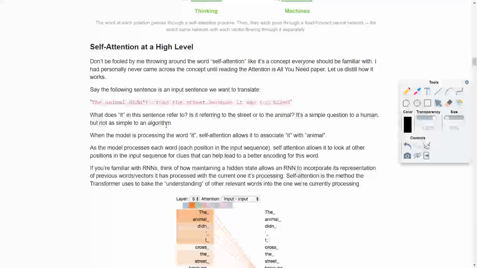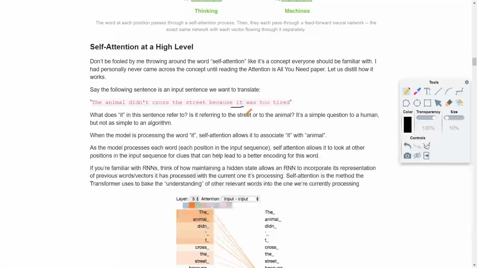You might have heard about attention so many times. So what exactly do we mean by self-attention? It's particularly about giving context to the things that we have. For example, they have illustrated it in a very good way through this example: "The animal didn't cross the street because it was too tired." Now, if we focus on the word "it",